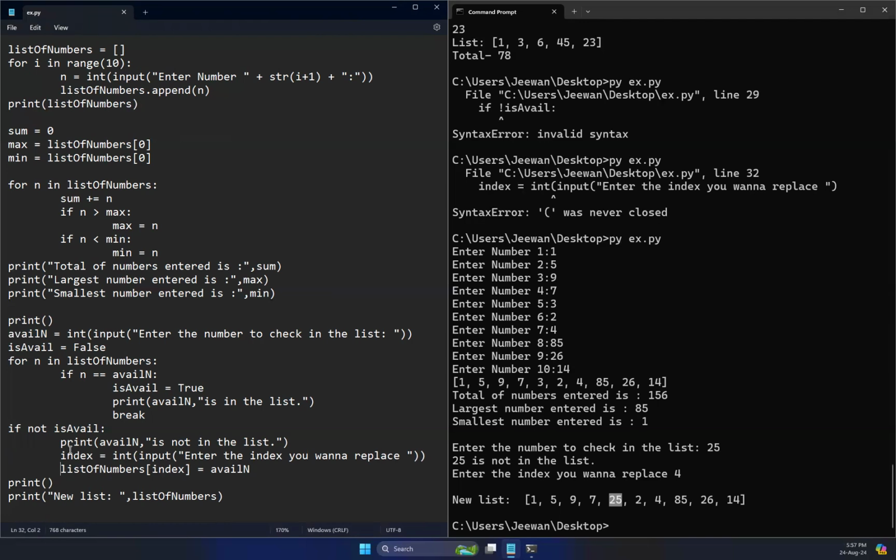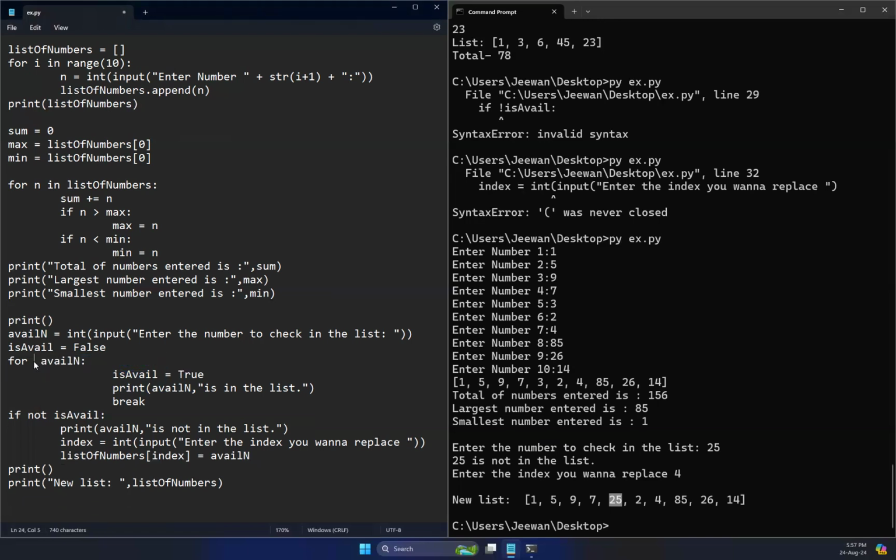Others, those who have not sent me the answers right now, any questions up to now? And actually, in order to look for a number, you don't have to iterate through using a loop. You can easily do it by checking using the in operator. For example, if the number is available in this list,